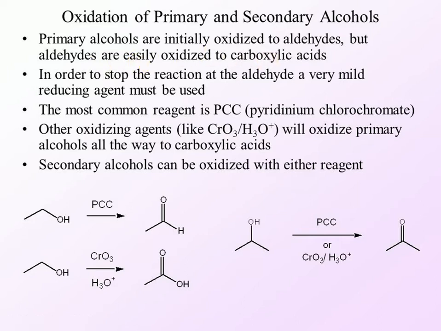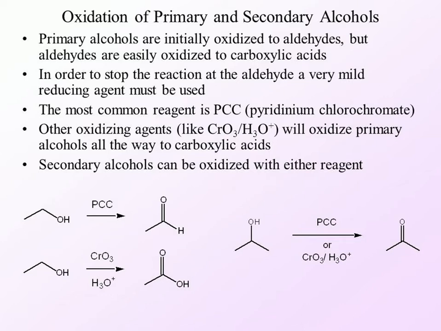So if you want to prepare the aldehyde, we are going to utilize the... That means if you want to prepare the carboxylic acid from alcohol, the alcohol will first be converted into aldehyde and then converted into the carboxylic acid. So we cannot use a strong oxidizing reagent like dichromate or potassium permanganate. It oxidizes the primary alcohol into the carboxylic acid.